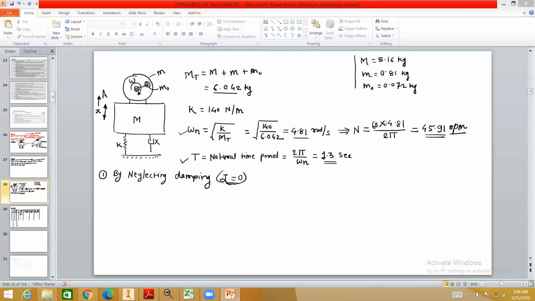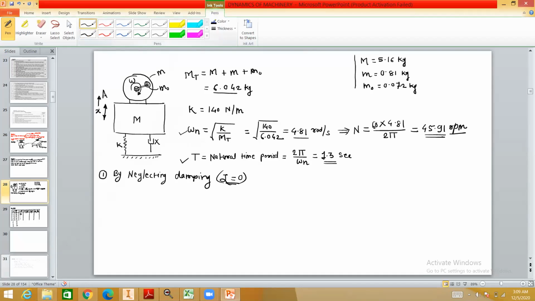Okay, so by performing the experiment, we have to first verify this theoretical natural frequency, whether it is equal to the experimental natural frequency. Okay, so I have modeled a similar setup in the Inventor software, and in the dynamic simulation, we will perform this experiment. So by using this experiment, we will give the initial displacement. So for this mass, we will provide a force in the downward direction. That means we will oscillate the system, and then we will remove the force immediately,